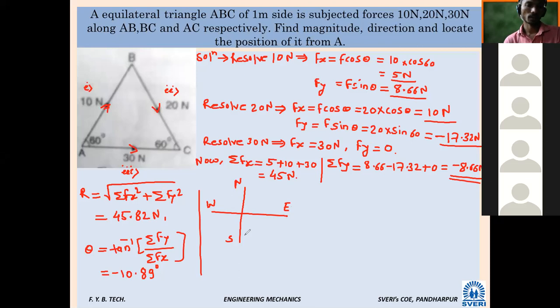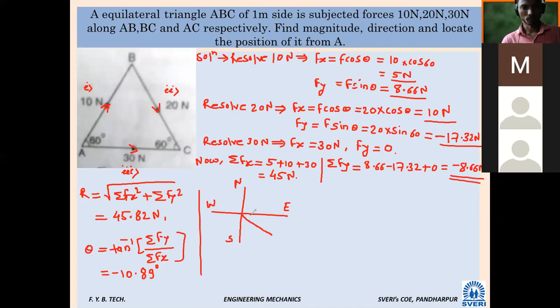In which quadrant will it come? We have to check the signs of the quadrant. Fourth quadrant, that particular point will come something like this. Here that angle will be theta. Whether I have to show the arrow in a downward direction or an upward direction? Downward. So this arrow will be in the downward direction. Here there will be R like this.